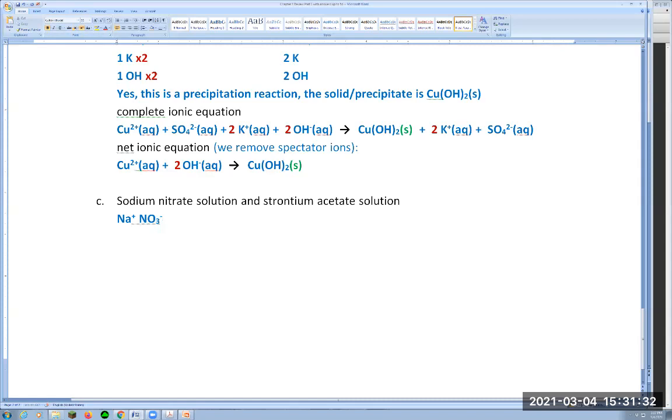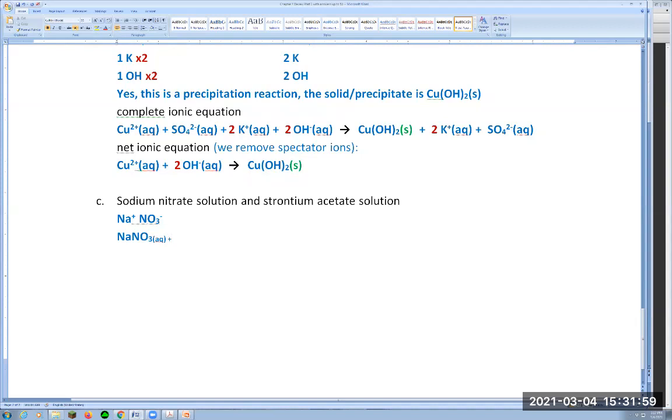So together, that's going to be the NaNO3, so that's a subscript, not a superscript. So 1 positive charge will cancel the 1 negative charge, and that's the formula for NaNO3, sodium nitrate. You're told it's a solution, that means it's aqueous. And then we add